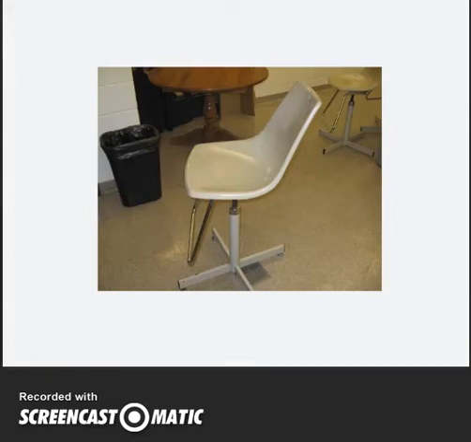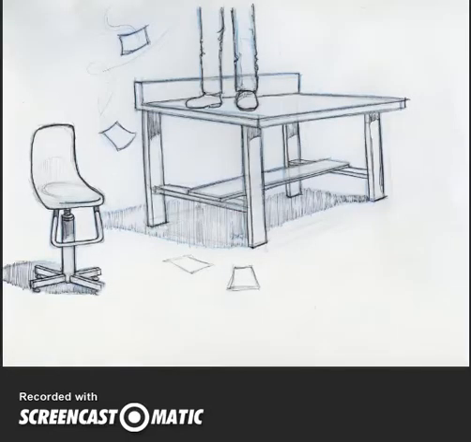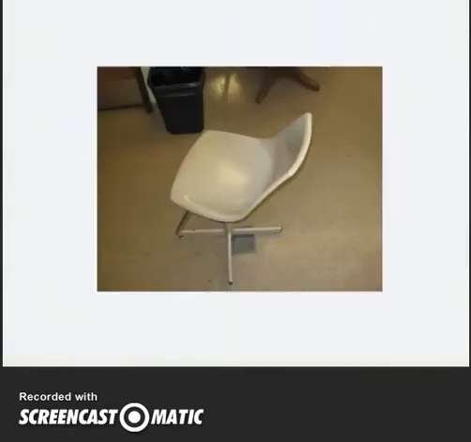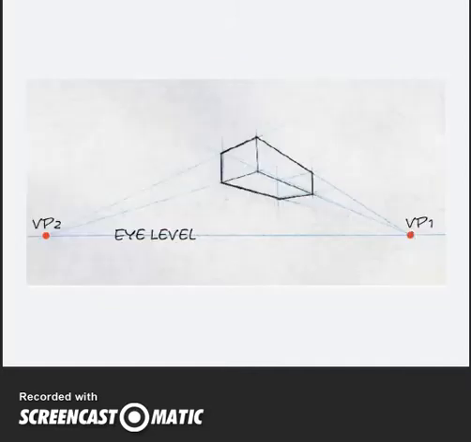Now, to draw above eye level in the classroom, you'd have to jump up on one of our fine tables and draw from an elevated position, or imagine what it would look like if you drew it. And this is the way that it would look. To produce a sketch version of something like that, and sometimes you can't always gain access to something like really tall structures and things like that, you have to figure out how to construct the drawing. So the easiest way to do that is, it's more difficult, but if you begin with something like this,